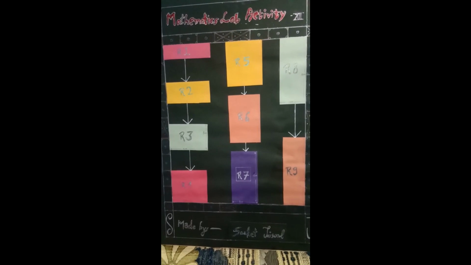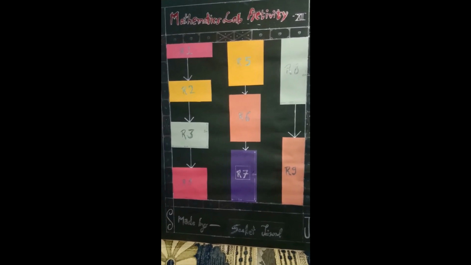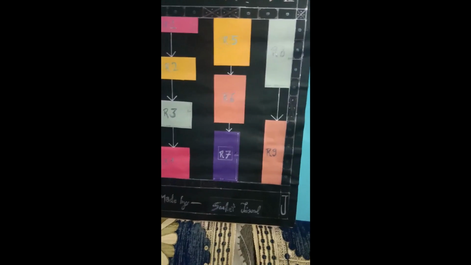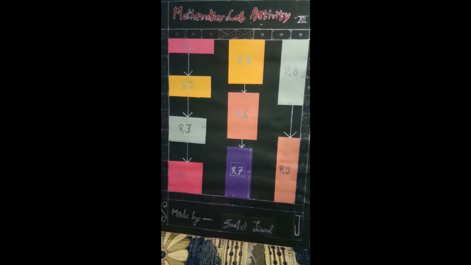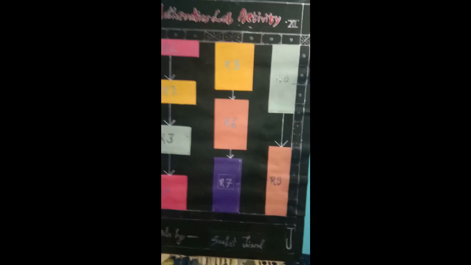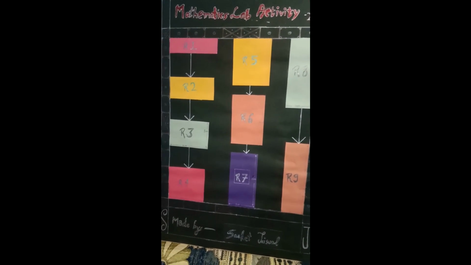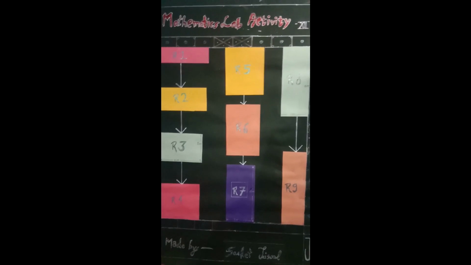Good evening, respected ma'am. Myself Sanket Jasar from class 12th, and I am going to present you my mathematics model 2020-21, which is based on the chapter application of derivatives of class 12th NCERT mathematics. So in this model I am going to explain the concept of rate of change and optimization of a function.